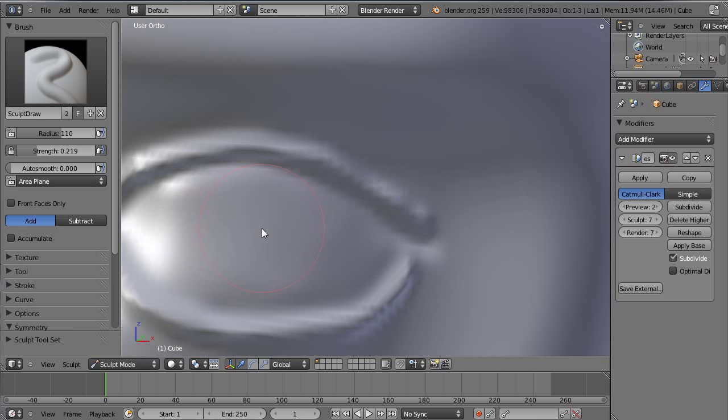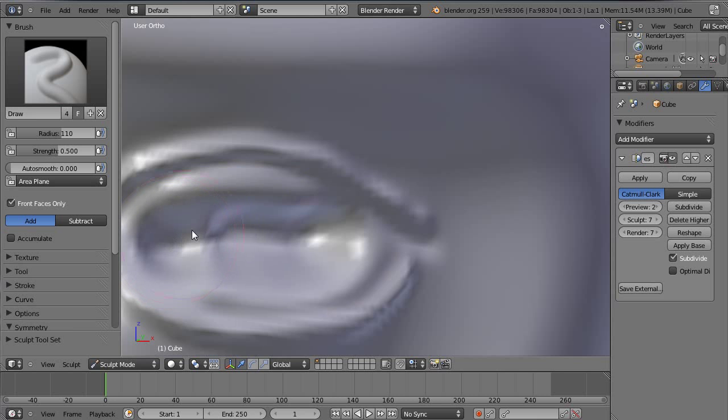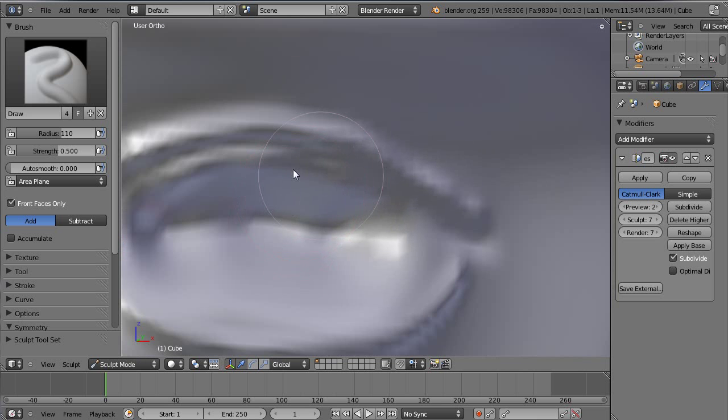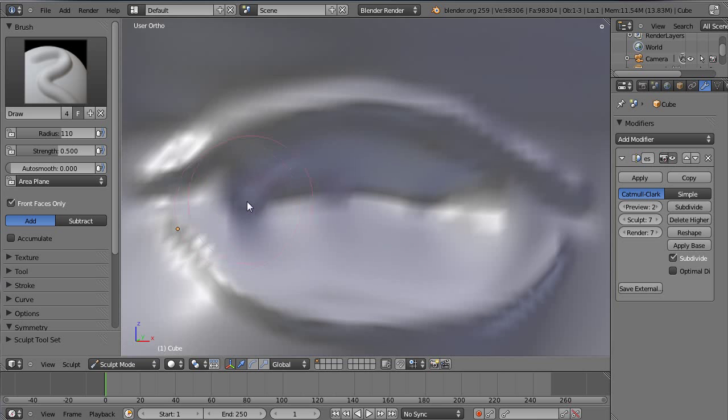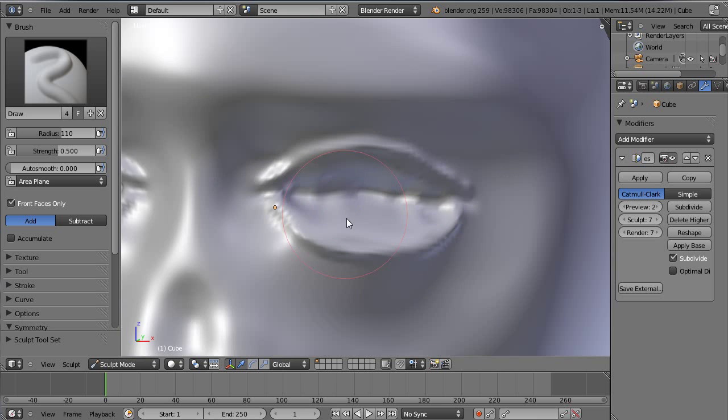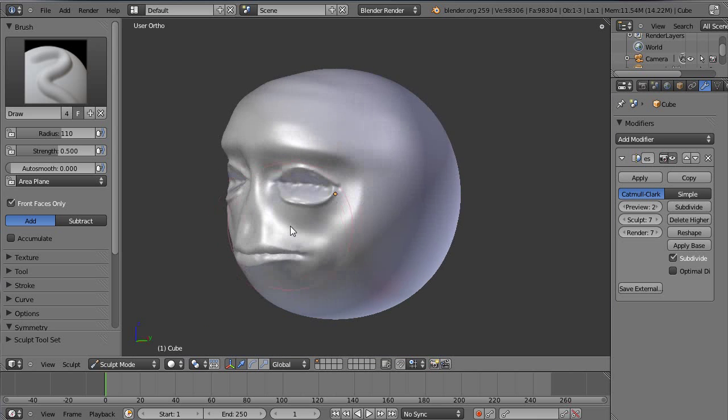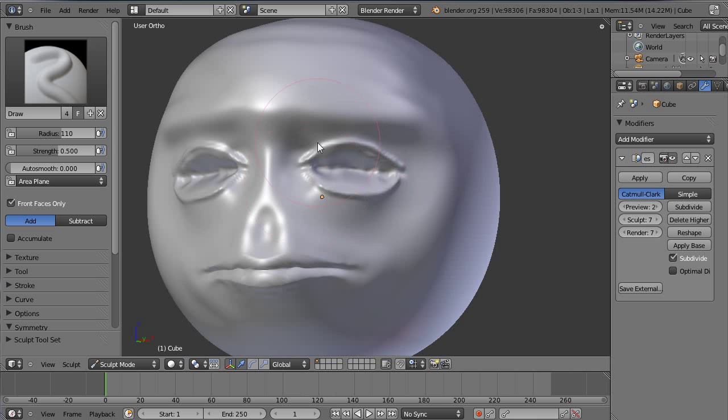Maybe even just hit D for draw and control and bring that whole spot in a bit, just so that it doesn't interfere too much when you've got a sphere in there. Looks like he's got weird eyes at the moment.